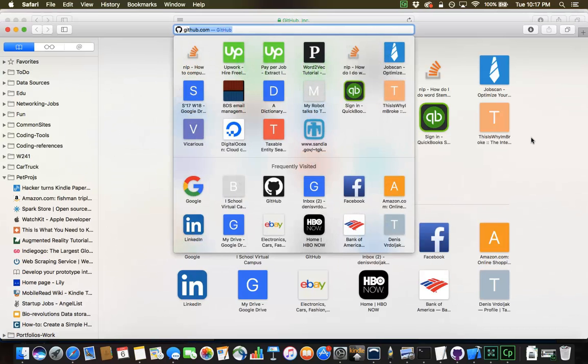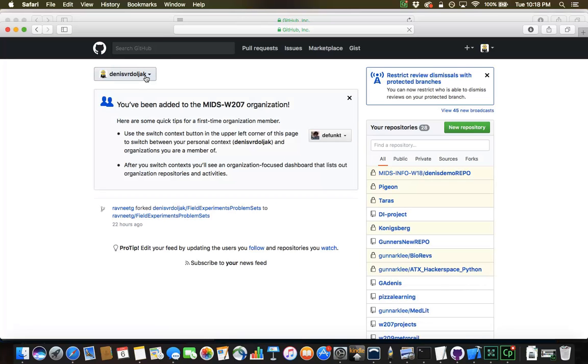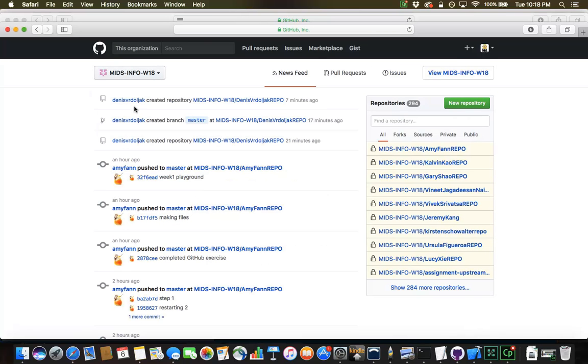So we start in GitHub, and it'll take you to your normal landing page, which is usually your personal repository. We want to do this under the mids info W18 team. So we don't actually have to switch there. This will let us see what's going on in the team, but we want to specify that when we actually